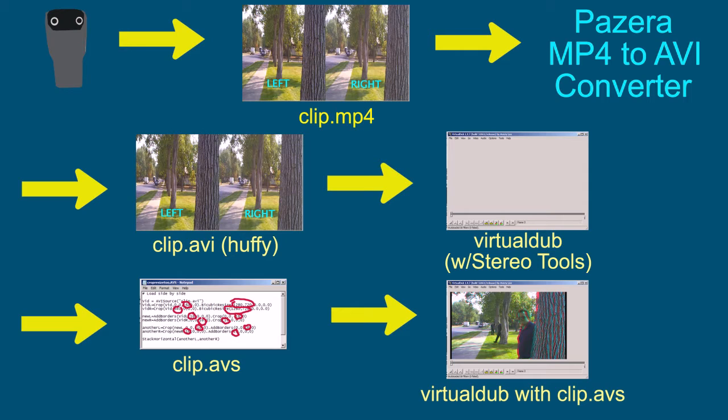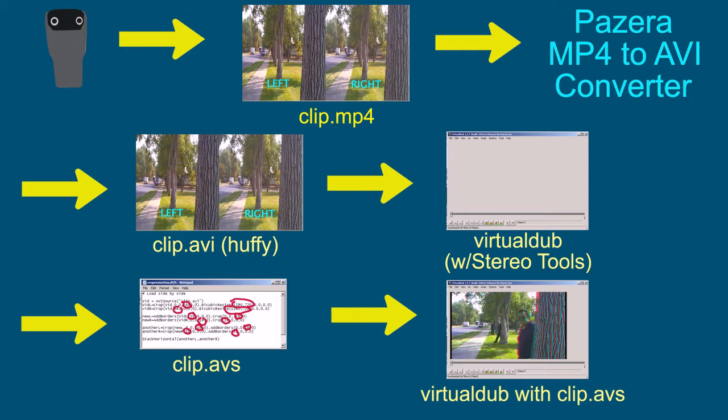This is why we downloaded and installed the Huffyuv codec, because Pizzera does not have an uncompressed AVI available, just things like DivX and XviD. We really need something that gives us the quality of a lossless video codec. So we went ahead and got Huffyuv, and the nice thing about it is that VirtualDub understands it too. So we're not going to be working directly with the AVI clip,